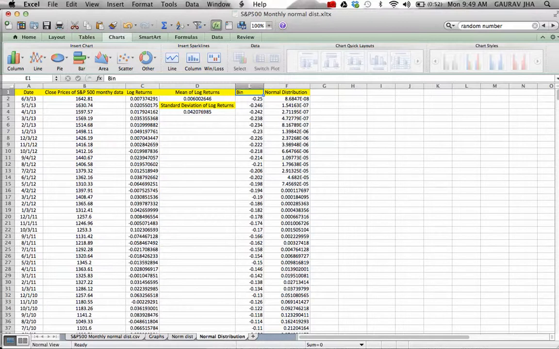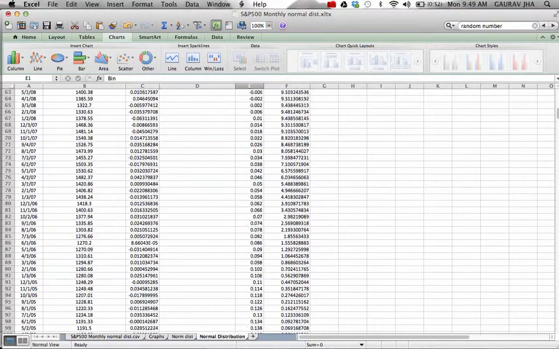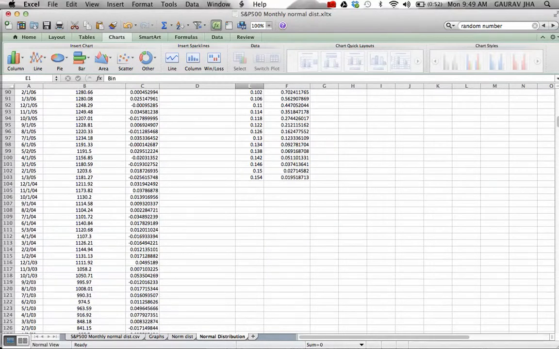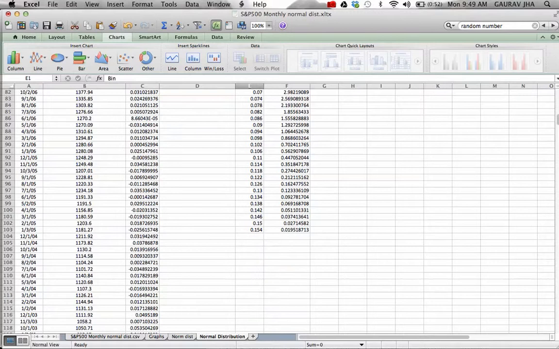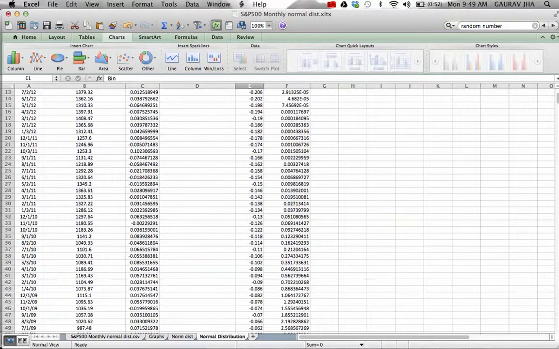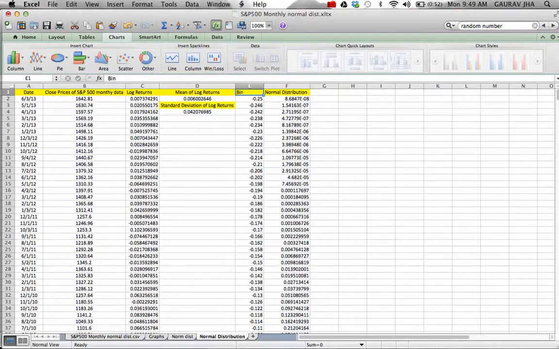So that way we get this 0.25, and the last value is 0.154. Between 0.25 and 0.154 we see that all the values in the logarithmic returns are contained, and then we can decide on the interval as per our own consent here.